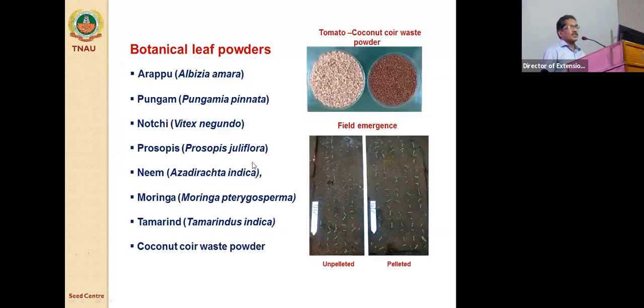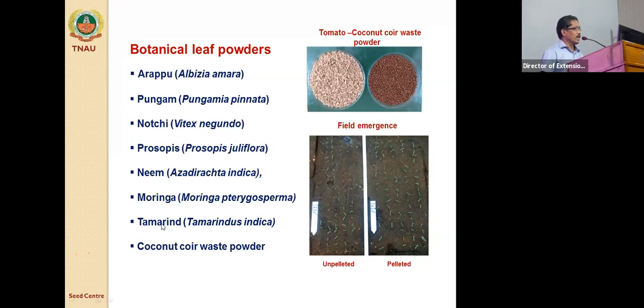Apart from these chemicals and the recommended fillers and binding materials, we can use some leaf powders, locally available indigenous powders, in terms of organic treatment, like Arapu leaf powder, Pungam leaf powder, Lochi, Prosopis, Neem, Moringa, and tamarind. It's not leaf. The tamarind leaf powder is not good for seed germination, because it will negatively affect the seed germination. Tamarind, that is called seed powder.